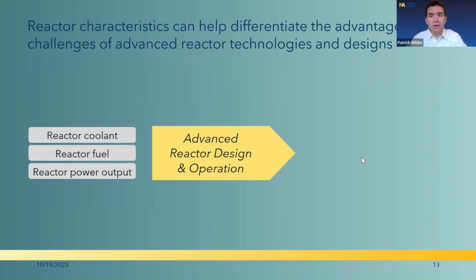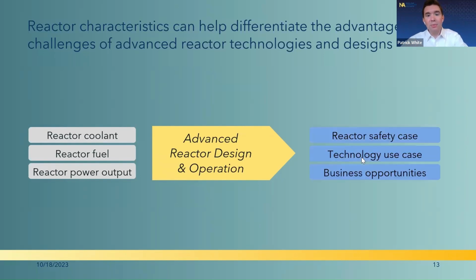So while it might be just three bulk characteristics, if you know those and you know a little bit about advanced reactor design and operation, then you start to get information on things like their safety case, their technology use cases, and what the business opportunities are. Because it's connecting these underlying technical factors to how the reactors themselves might operate in the future. So, for example,